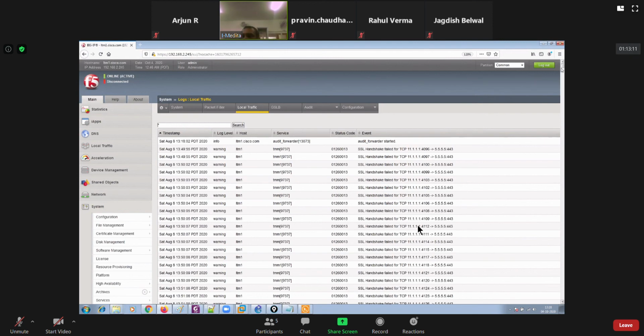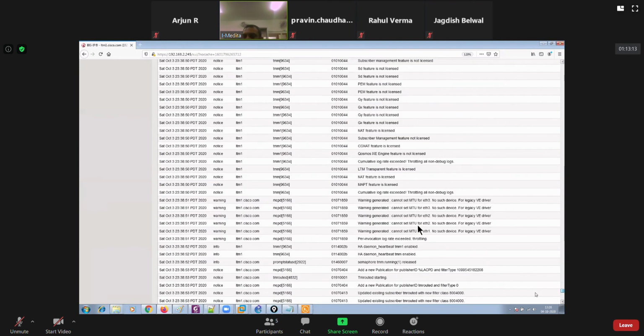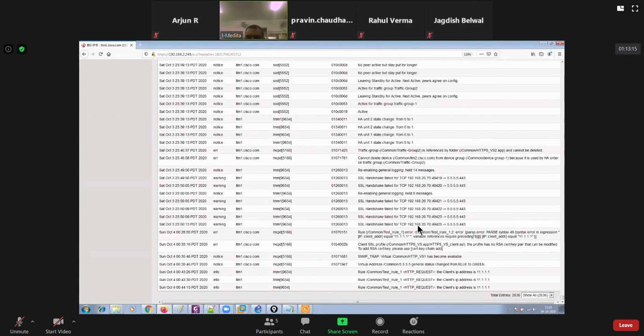Maybe I just click overall. So you can see the HTTP request from that client, and this is what I typed there. The client's IP address is shown, isn't it, guys? Are you all good with that? So this is the syslog message that we have got here, right? This iRule.